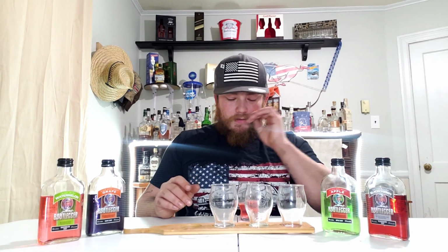Definitely the thinnest out of all of them. It's almost watery with a touch of watermelon, where it's not like sugar, but it has just enough to where it tastes like a piece of candy, but it doesn't rush you right away. It kind of warms you up to the watermelon flavor. It makes you want more, but as you can tell from the lighter colored drinks to the darker colored drinks, that's where it's coming in for that real good